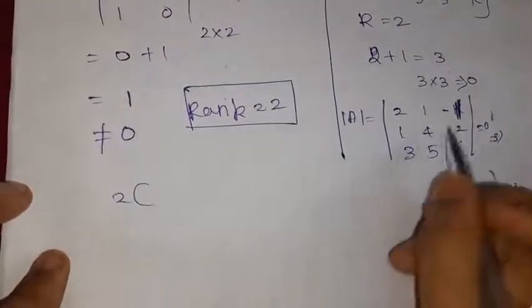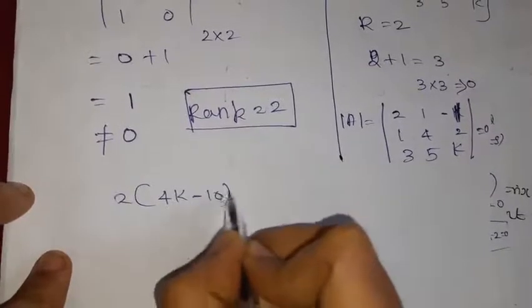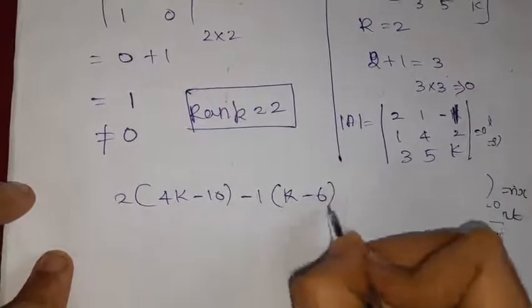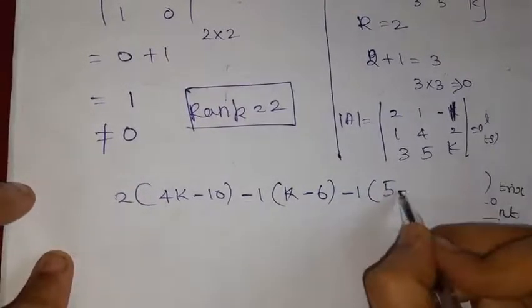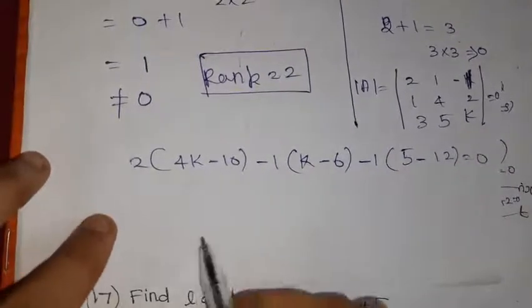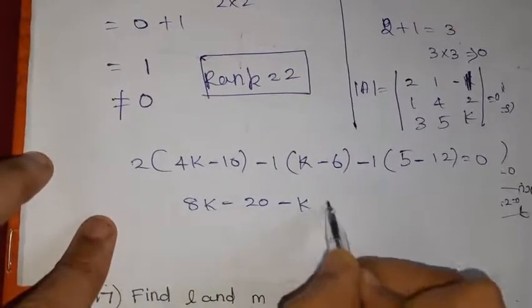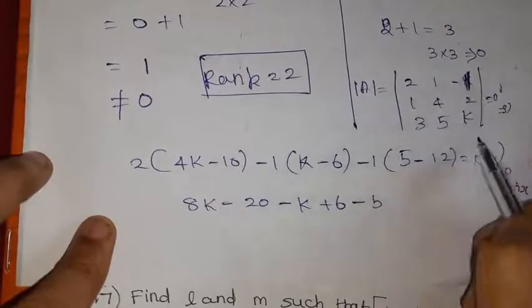In general, 4K minus 10 minus 1 times K minus 6 minus 1 times 5 minus 12 equal to 0. Okay, 8K minus 20 minus K plus 6 minus